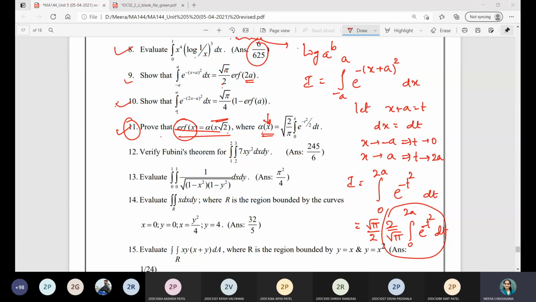So all these examples corresponding to gamma function, beta function and error function are over. Means the 5th unit is over today, right? You can start practicing those examples which we have given to you. If you have any doubt corresponding to those examples, you can always ask your query, right?